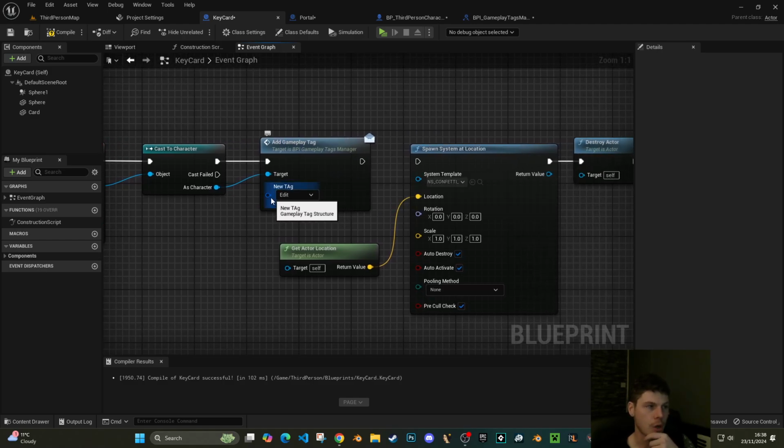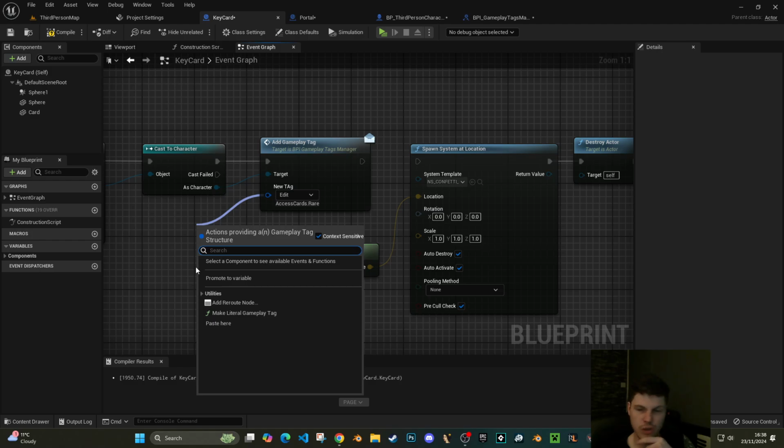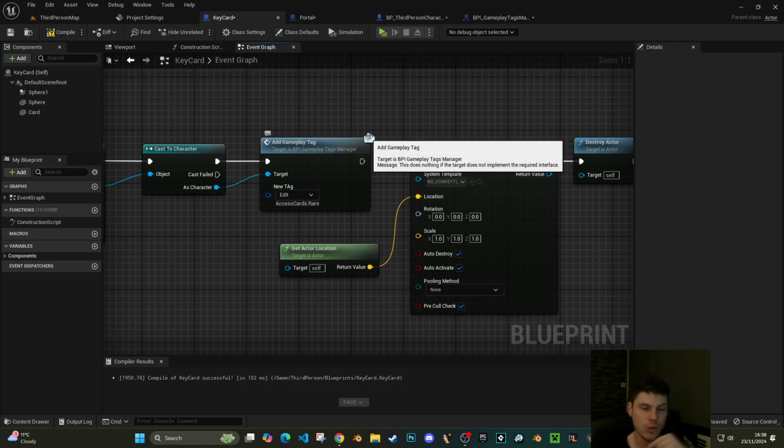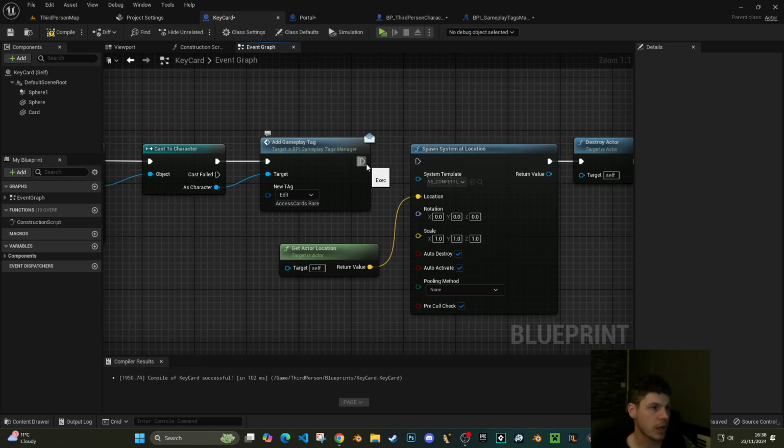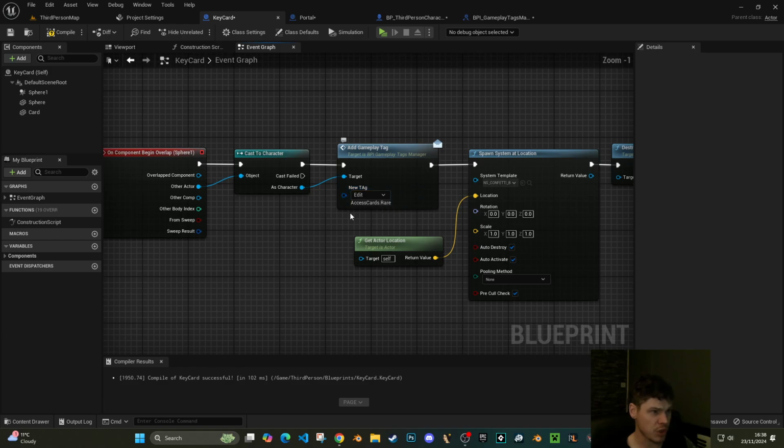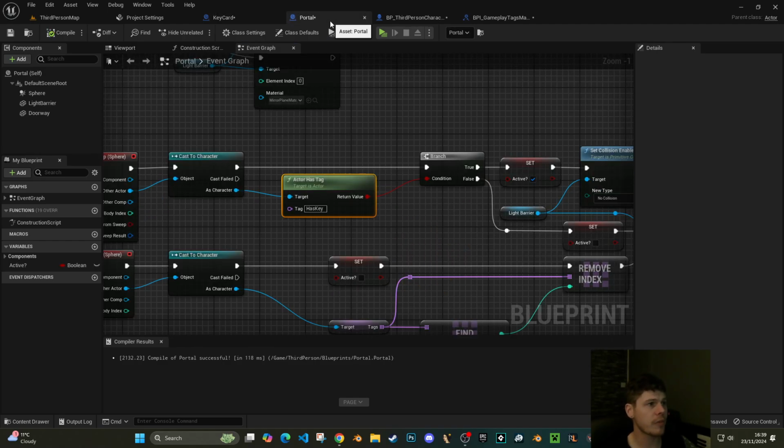So we can pick that. You can also create a variable if you want to, and plug that in. I don't see the real need to do that, but it's up to you. Connect that to that. And that's pretty much it. We're literally, instead of adding it as text, using this predetermined list, which you can add to, obviously, but you're never going to need to mistype it ever again. And then if we go to the portal now,